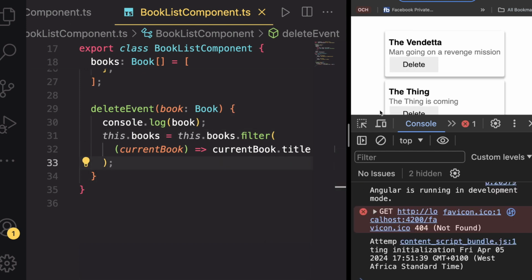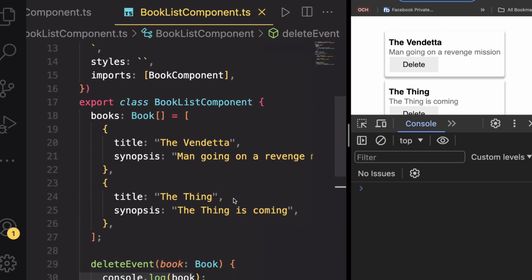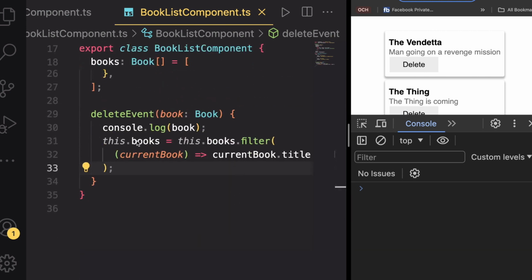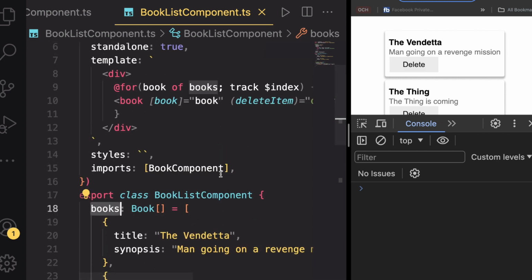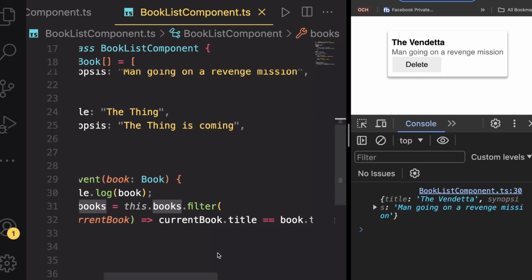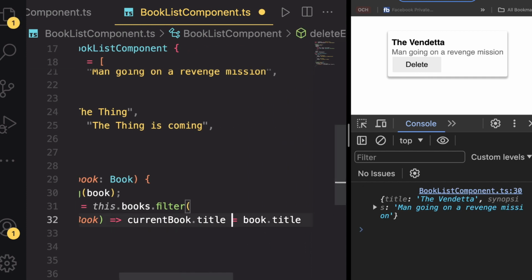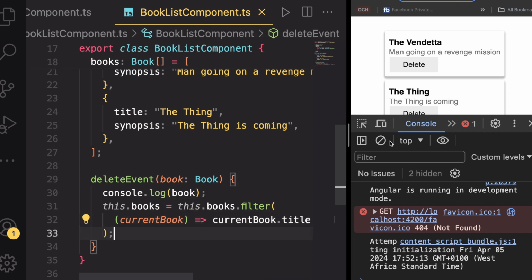Now, to delete this, when we click on it, it will pass the book the vendetta to this delete event. Then we'll filter it out from these books, then assign the remaining back to the books array. So in doing so, we will remove this particular book that we clicked delete on. So let's go. Oh, sorry. I think I made a mistake. The filter method is sometimes very confusing. Okay,